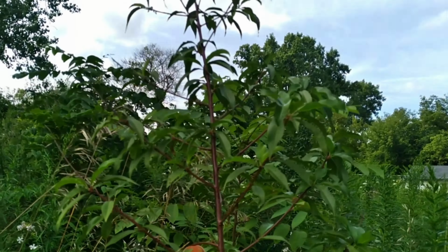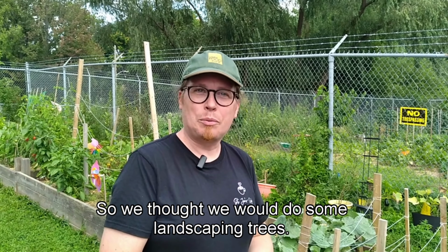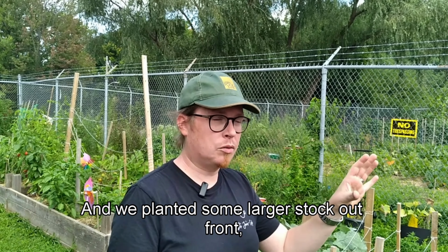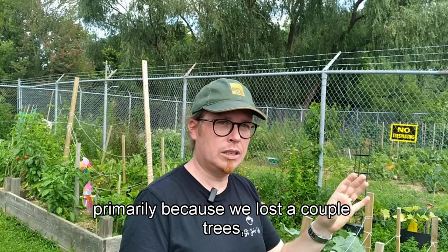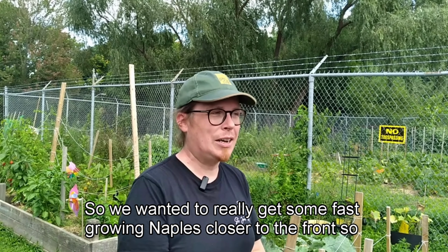But at the same time, we realized there were barren parts still on the property that were just kind of grass, and even the grass didn't grow very well. So we thought we would do some landscaping trees, and we did some trees and shrubs around the parking lot. We planted some larger stock out front, primarily because we lost a couple of Norway maples that were sick, so they were removed, and we noticed an impact, especially in the summer, on clients who are now having to wait outside to come in. There's not as much shade. So we wanted to get some nice, fast-growing maples closer to the front